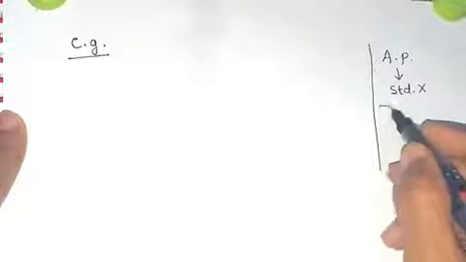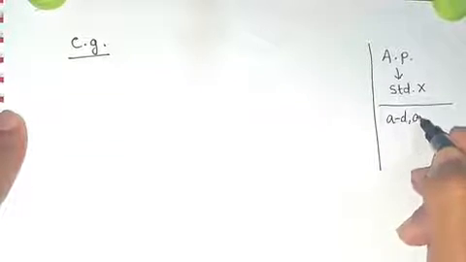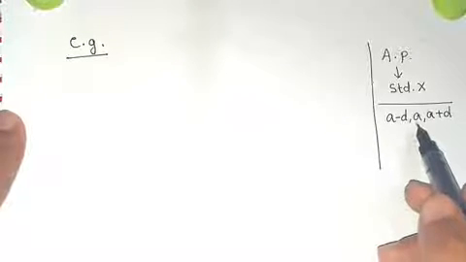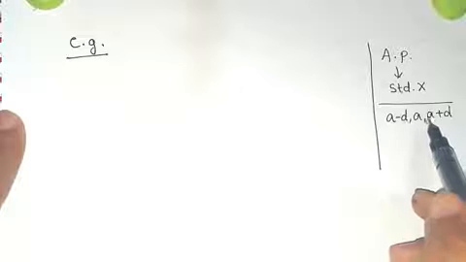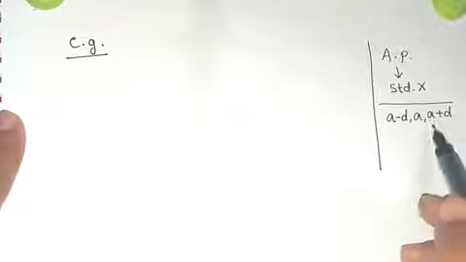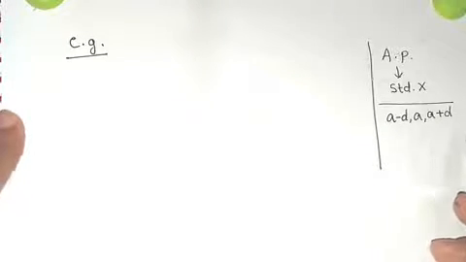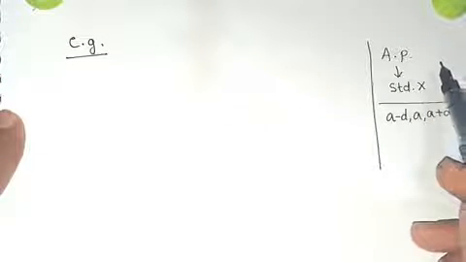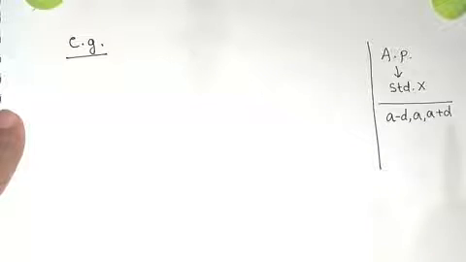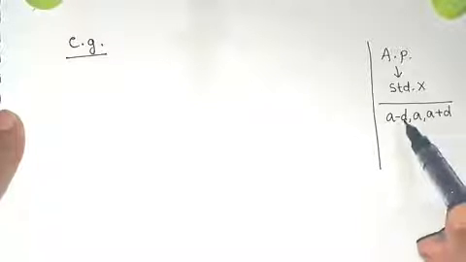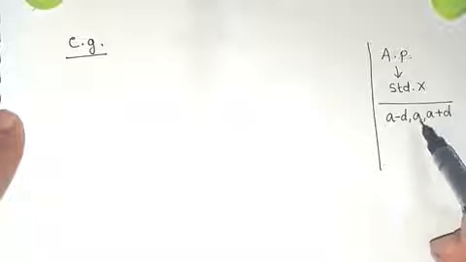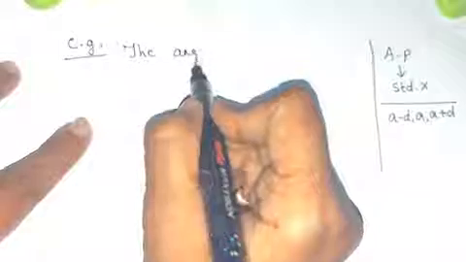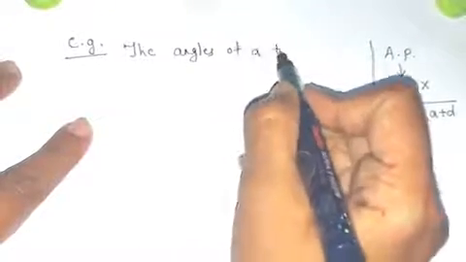So we were taking those numbers as A minus D, A and A plus D. The format may change, like we may take here x minus y, x, x plus y, 3 consecutive numbers which are in AP, that is arithmetic progression. Arithmetic progression is that series in which 3 numbers or more numbers are made by the common difference in ascending order or descending order. So our question in the present situation is the angles of a triangle